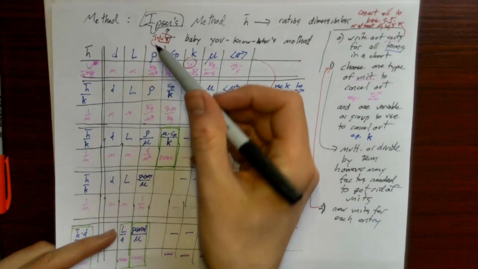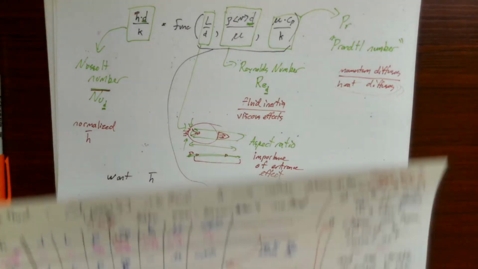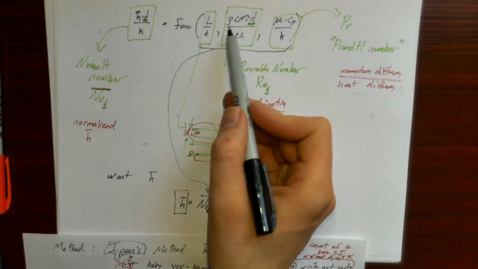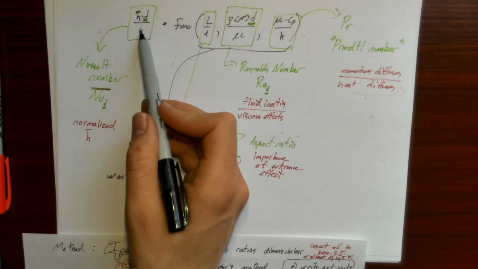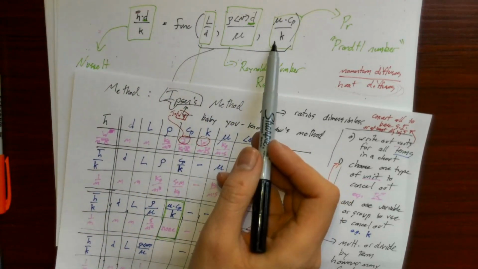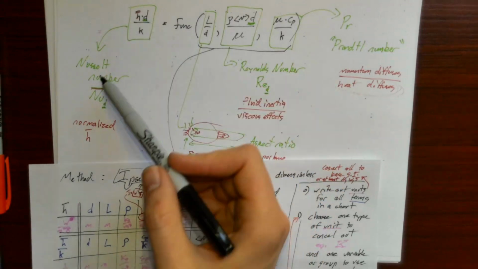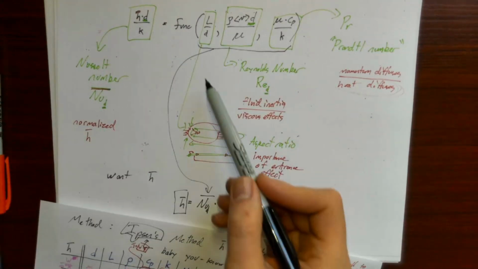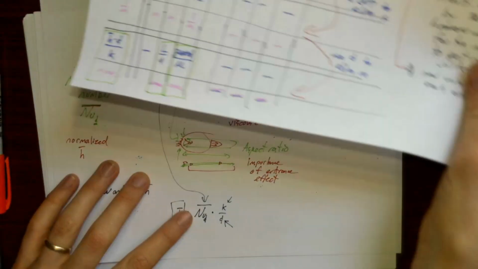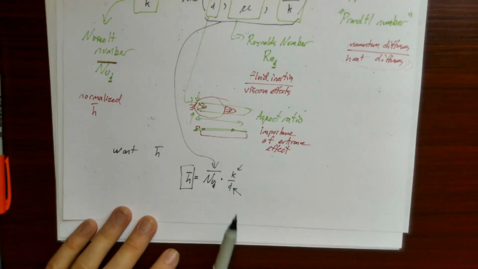So, you're not going to need to do all of these steps to compute your own H, but the very first people who did these experiments to try to figure out what the relationships are between these non-dimensional quantities and H, they basically did this step and said, hey, this is going to be a function of all these things. So when you're looking for functions of H, you don't ever find functions of H, you just find a function of Nusselt number as a function of L over D, Reynolds number, and Prandtl number. And then when you want to go figure out your particular H, you just multiply Nusselt number by K over D to get it.